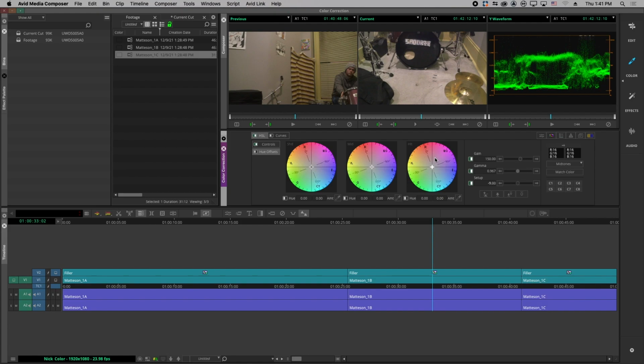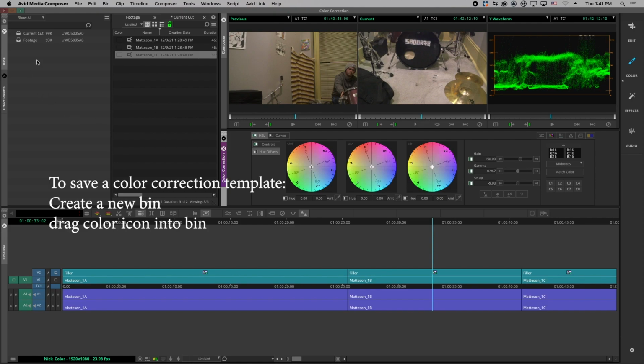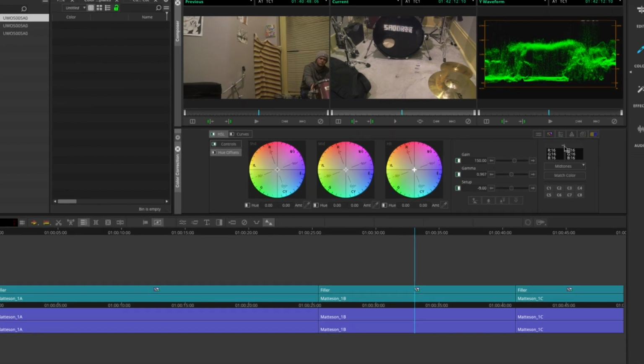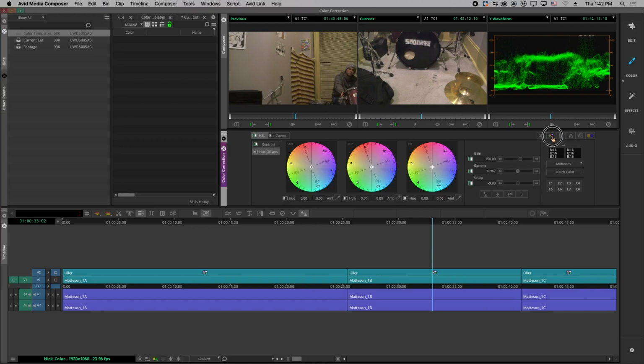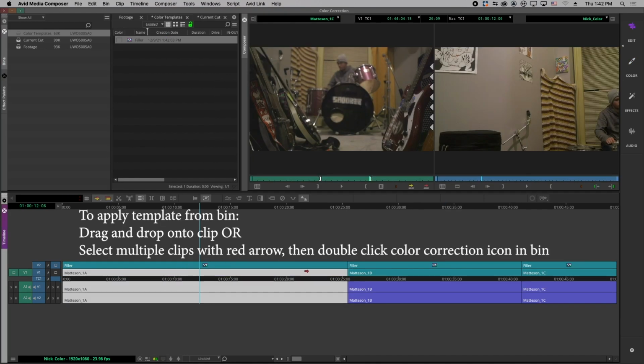Now you've worked really hard on getting your color correction just right. You can save these parameters as a template. So first, stay organized and create a new bin. Then drag the color correction template icon into the bin and rename it. Then just grab the template from the bin and drag and drop it onto the video track or clip,